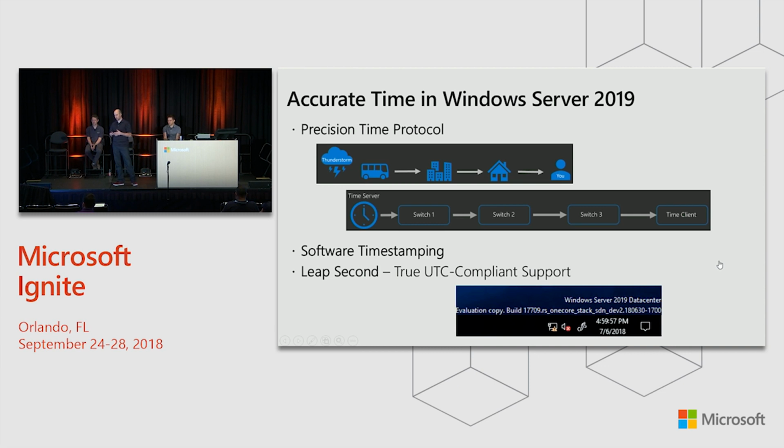So in Server 2019 and also on Windows 10 clients, we'll have support for leap seconds. As you can see there, what will happen is you insert the 60th second. Now, it's not just important that you insert that extra second, it's important how you insert that extra second. There's a very common approach called smearing. This is something that we don't do, because it's not compliant with the regulated industries that we're working with. You have to put that last second in at the last moment, the 60th second. You can't just smear it out throughout the day. That's going to be available both on Windows Server 2019 and Windows 10.